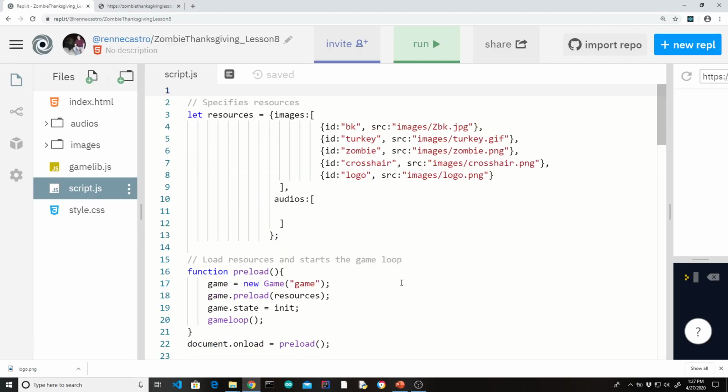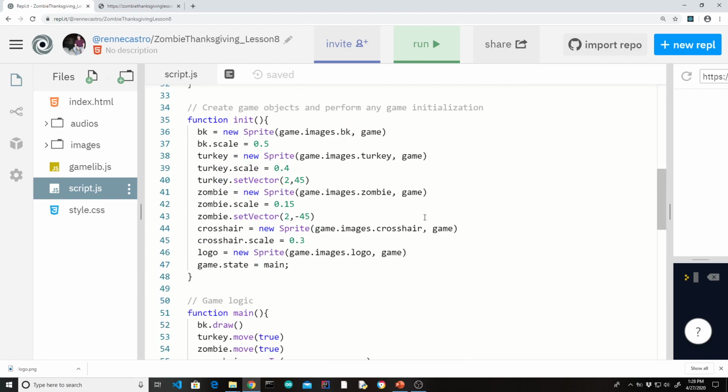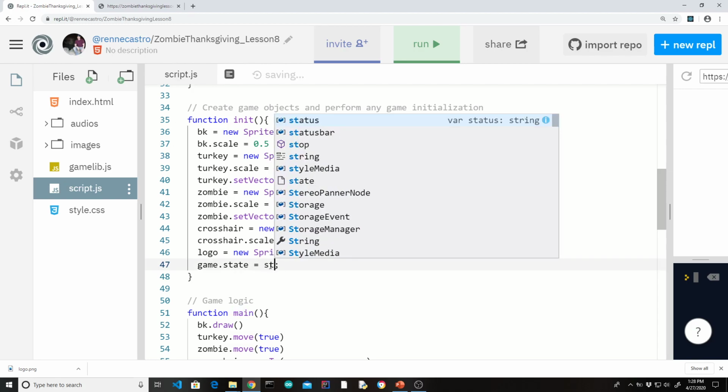So I've added a couple things that weren't covered in any of the other lessons. I've added a new resource called logo to be used in the startup screen. And I've also created the sprite to represent that particular logo. So what we want to do now is that we don't want to go straight into the game when we first get to the website. We want to go to a startup screen. So we want to change this from main